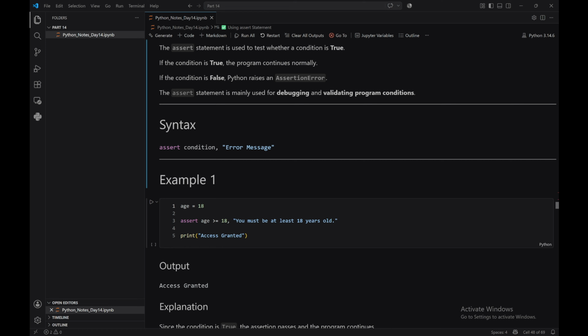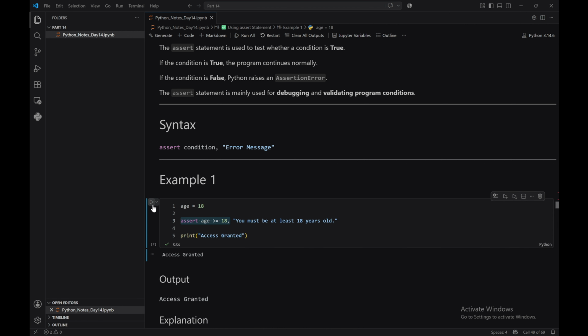Such as here, you have given the variable 18. Take a variable, whatever you want, and assert if the age is greater than or equal to 18, comma, you must be at least 18 years old. And if you are going to do it like that, then as you can see,